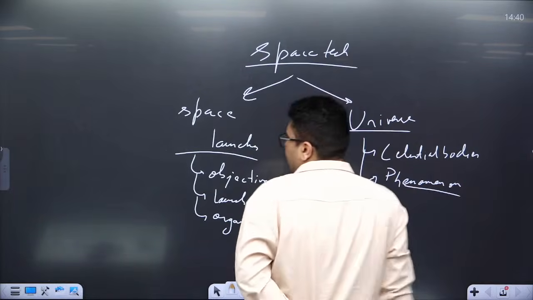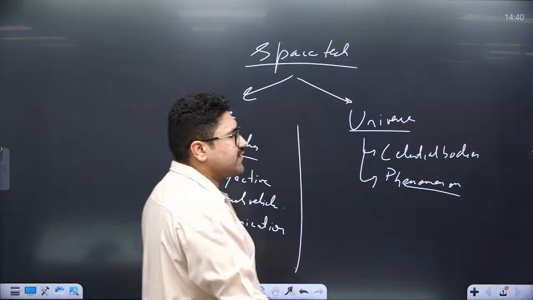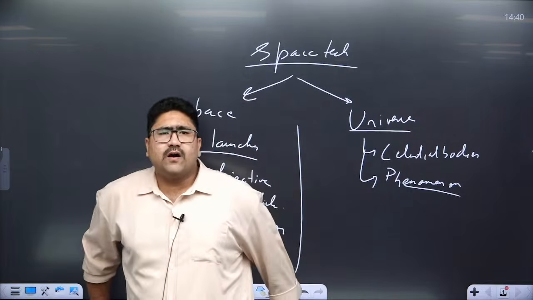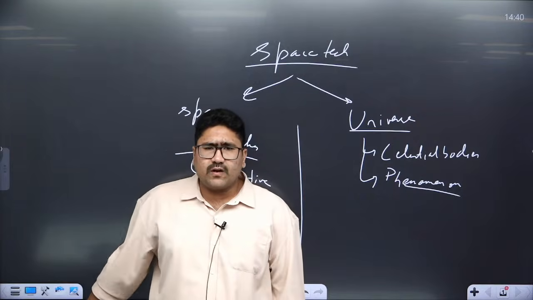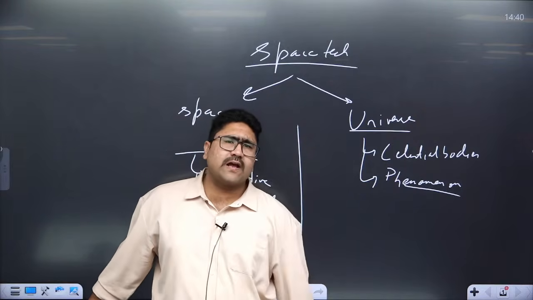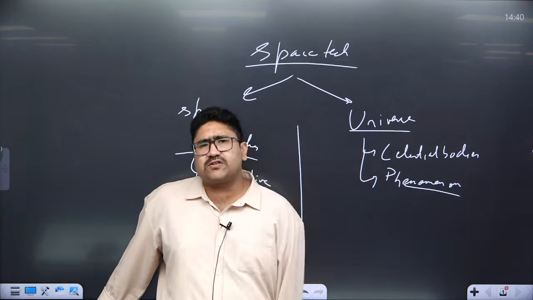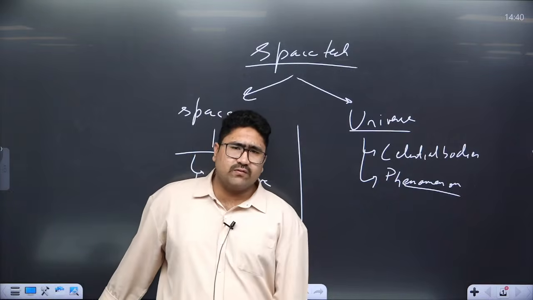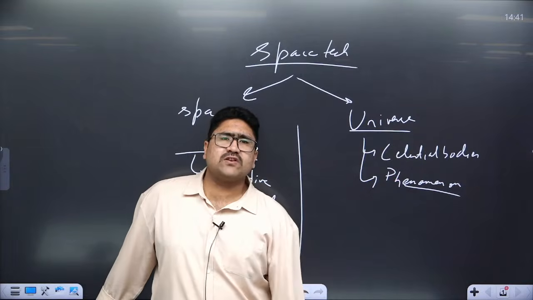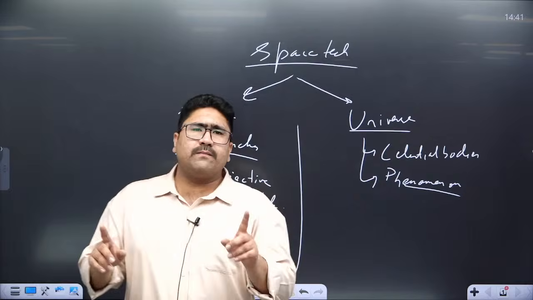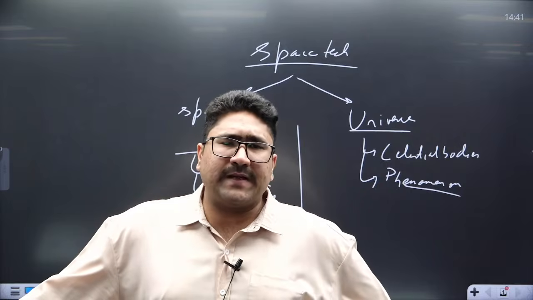There are certain phenomena that exist in the universe, something like, let's say, supernova, or gravitational waves, or a phenomenon where collision of two or more stars can result in release of gamma ray bursts. So there are several phenomena that exist in the universe. So such phenomena are one part, and the different celestial bodies that exist in the universe. So these are the two primary things that have to be emphasized while studying space technology from the prelims point of